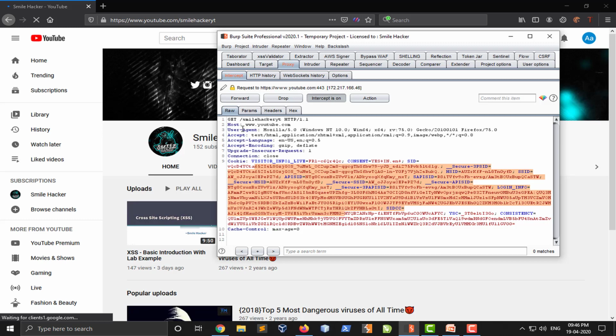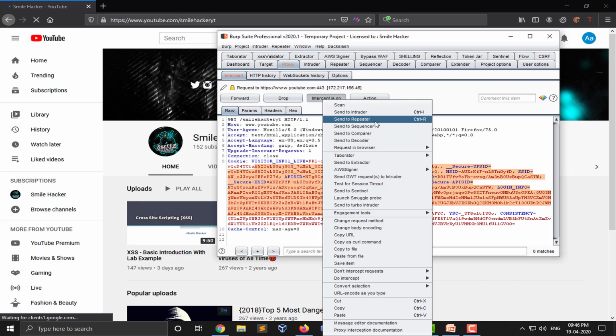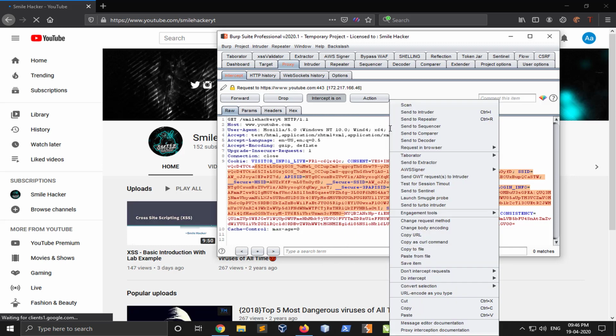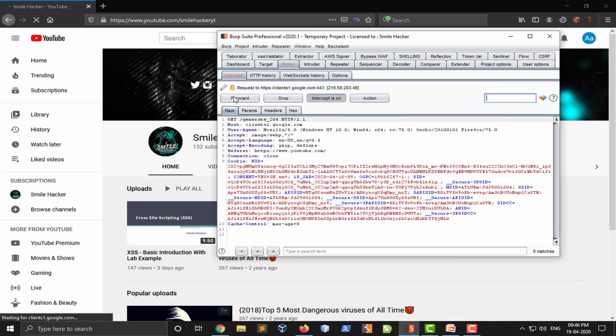So now how could we see the response? There are two ways to see the response here. First is to send it to the repeater tab. We will discuss the repeater tab later on. So right click, do intercept, response to this request and click on forward.